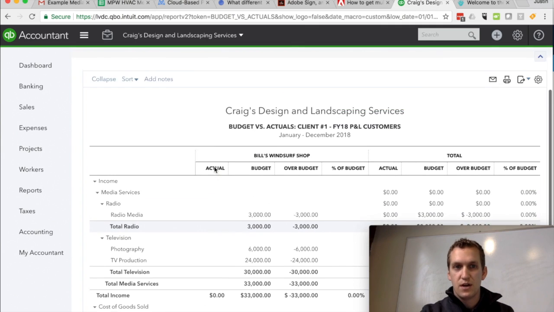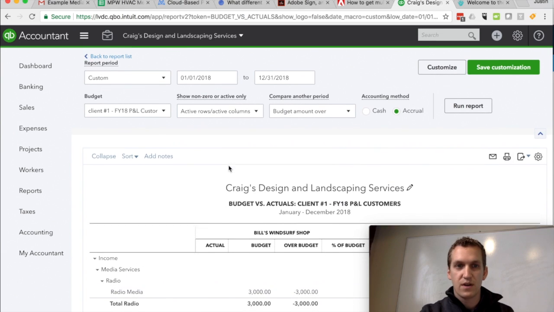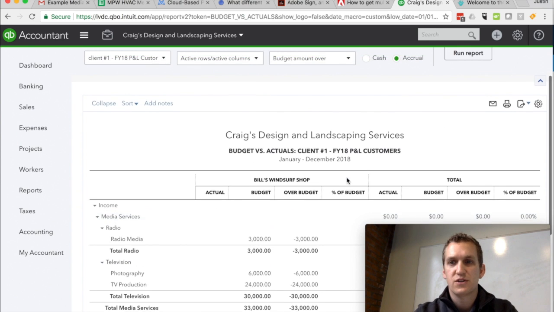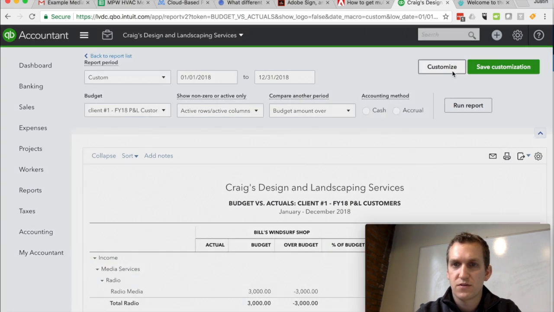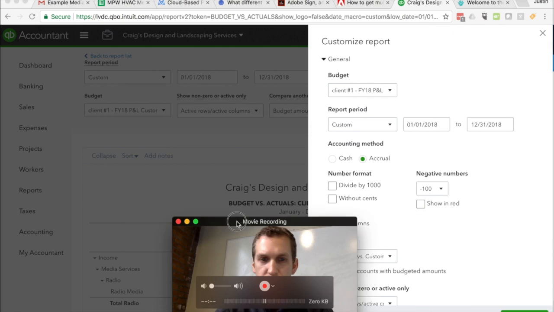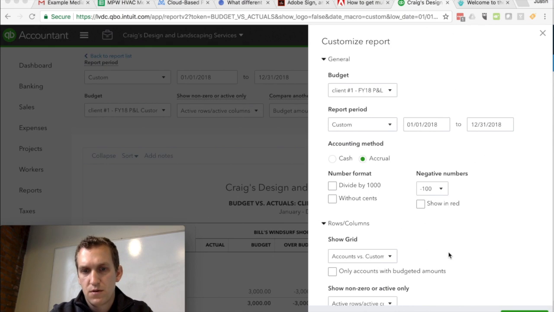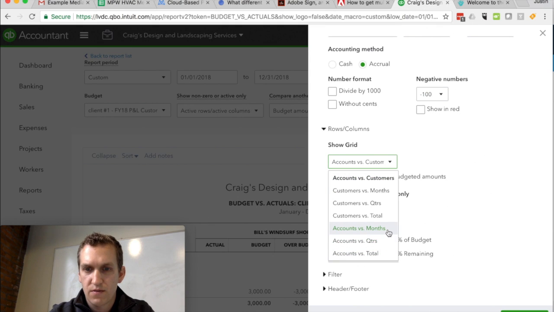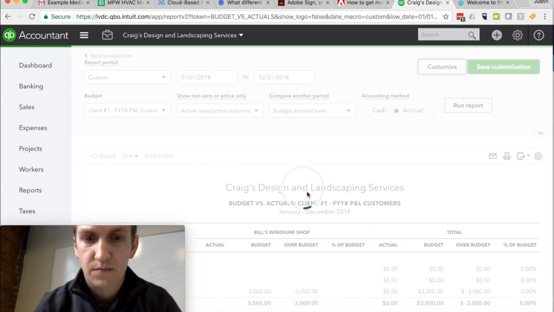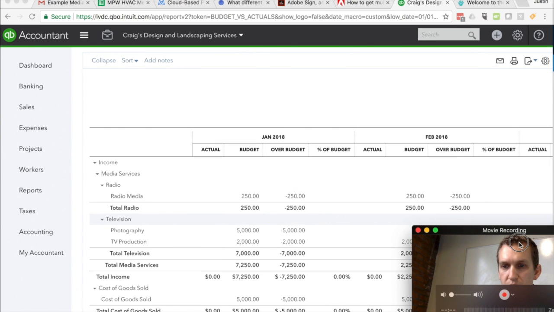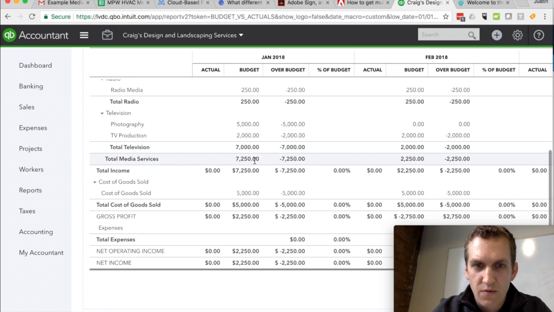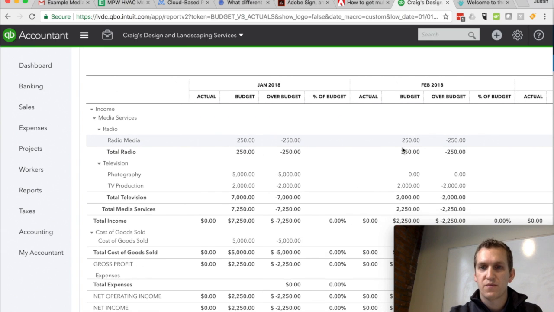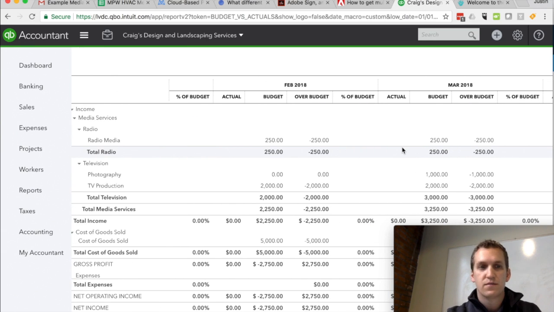Now, this is just a total for the year, but we can then also break it out into a monthly interval. You just have to do a little customization if you want to look at it on a monthly basis. So you're going to go to Customize, Rows and Filters, and you're going to do Accounts versus Months. See month over month, we can do an analysis of the actual versus budget and make some adjustments along the year as long as it fits the